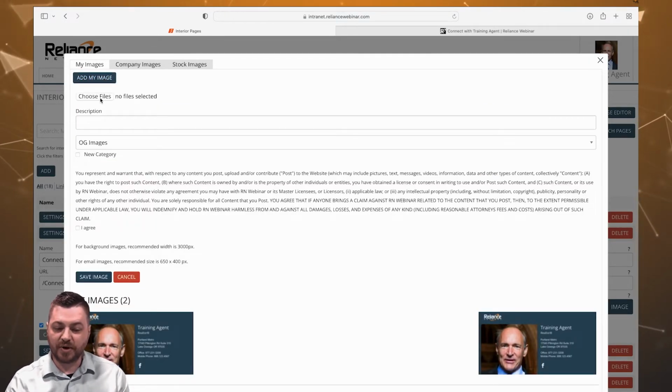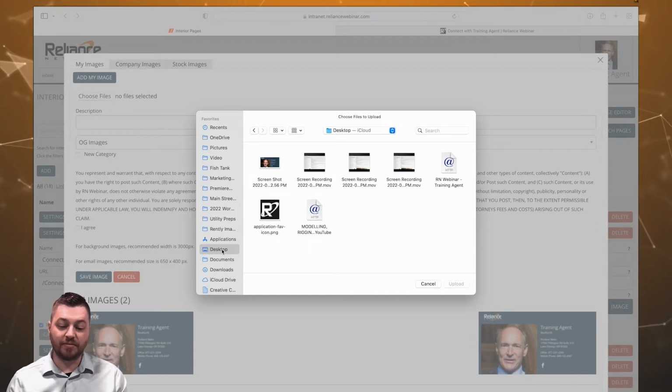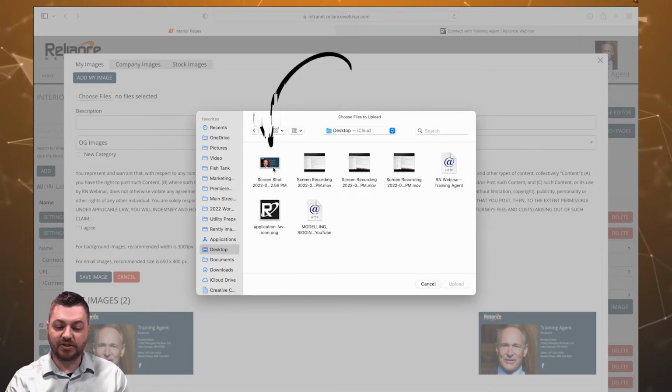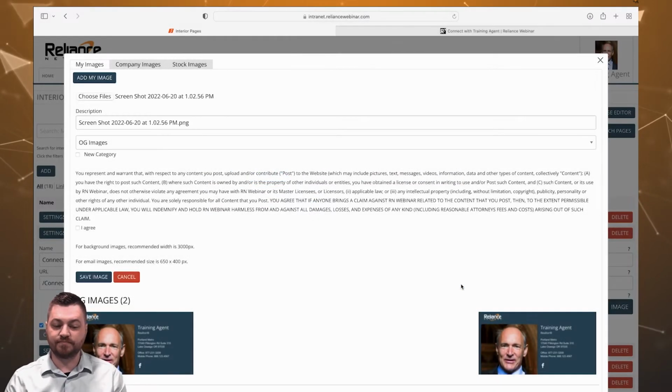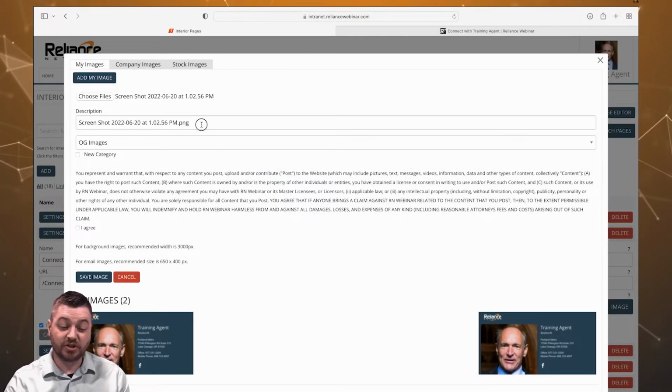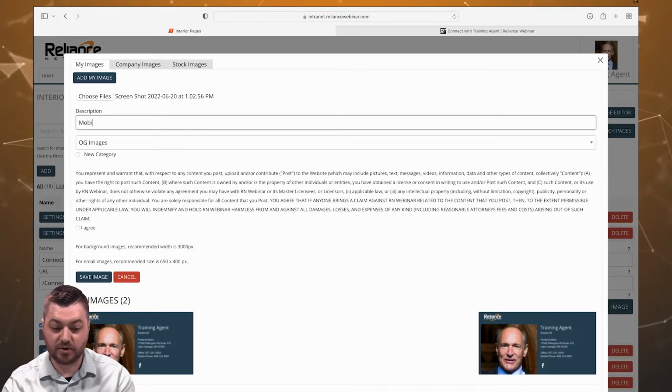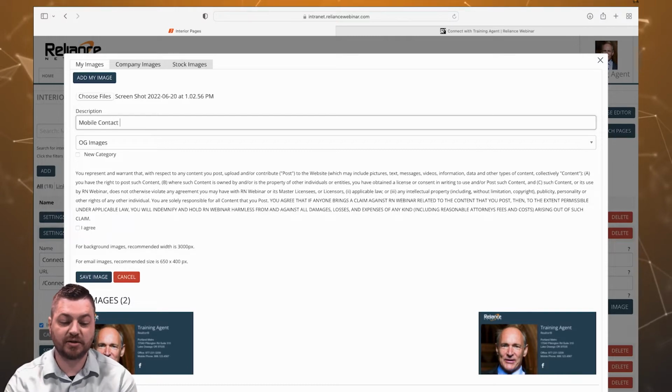I would choose my file, and on a Mac, that's automatically added to your desktop. So if I click Desktop, there you will see my screenshot, and I will click Upload. Once uploaded, you can change the description. I do recommend you change your description. I like to name all of mine, so I will call this Mobile Contact Card OG, because this is an